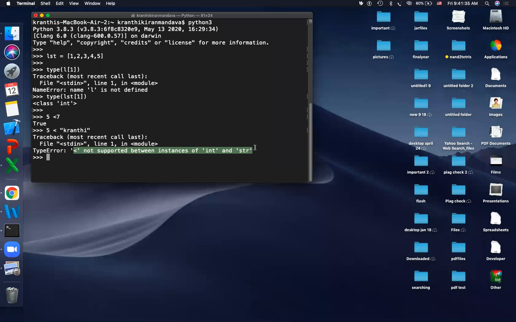For example, they can compare two integers, and let us check this one also. 5 less than 6.5. It will give you a result, because even though 5 belongs to the integer class and 6.5 is a float class, still the integers and floats are all considered as numbers.